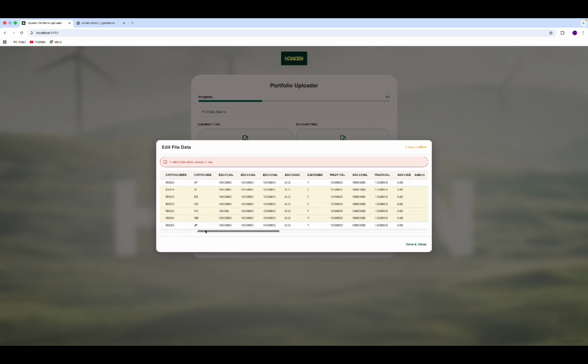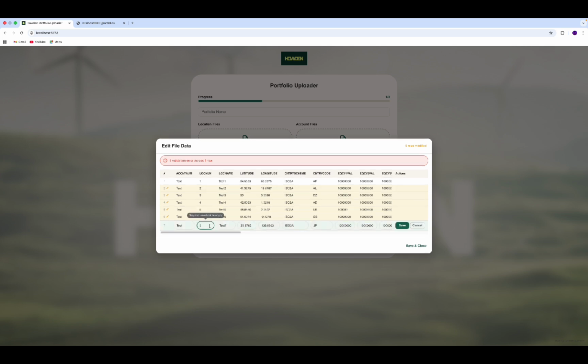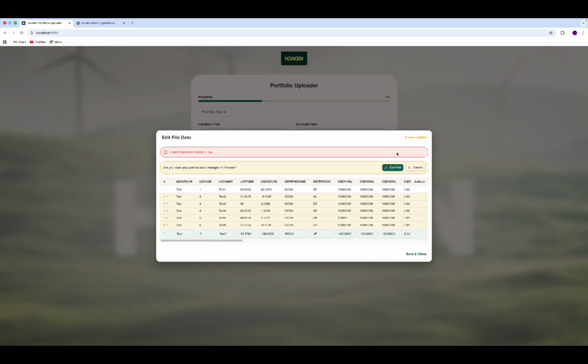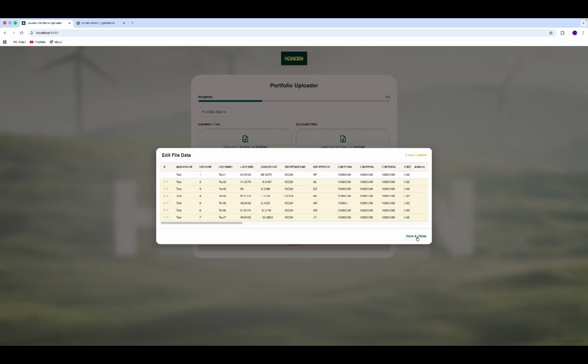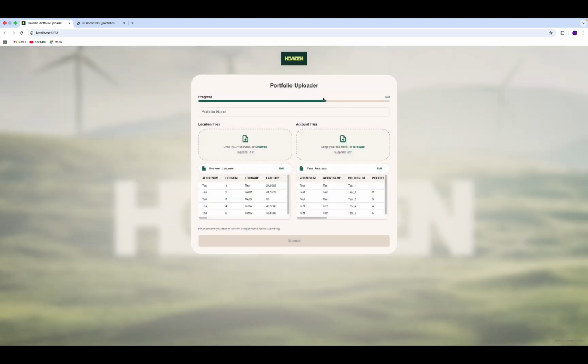Just wait and confirm, and then this needs to be 7. Well, not that it needs to be, but it needs to be a number, which it says. But this needs to be empty. You see, it needs to be a valid number. Okay. And then that's done. You save that, and then you see now that all the errors have been corrected,